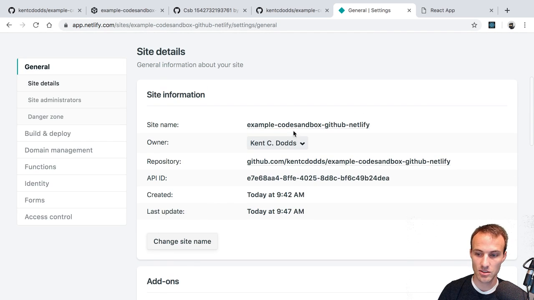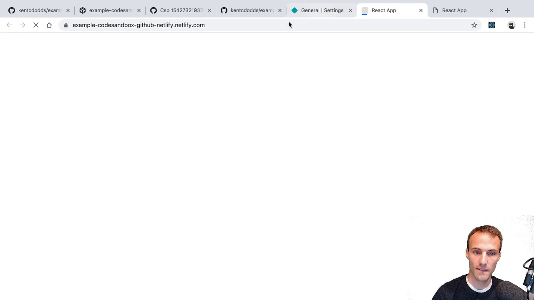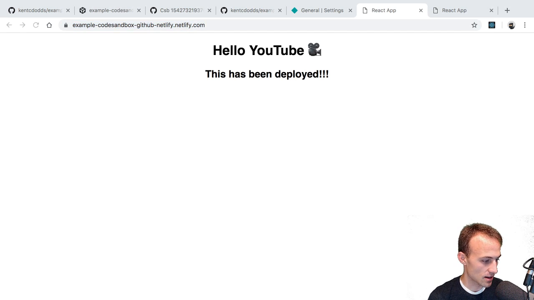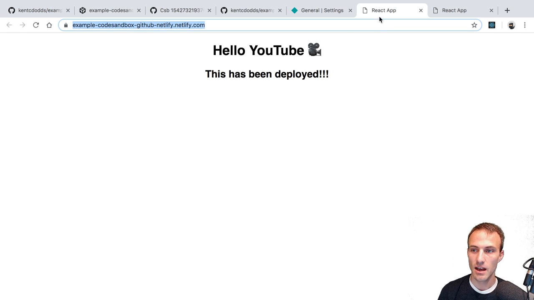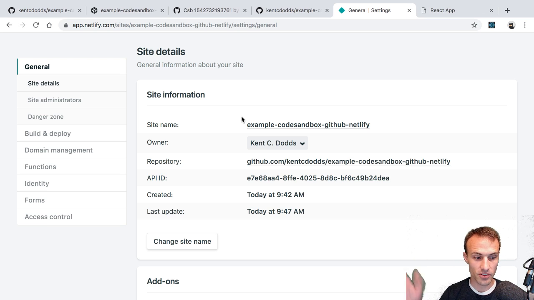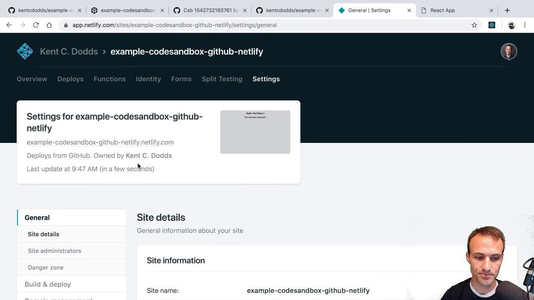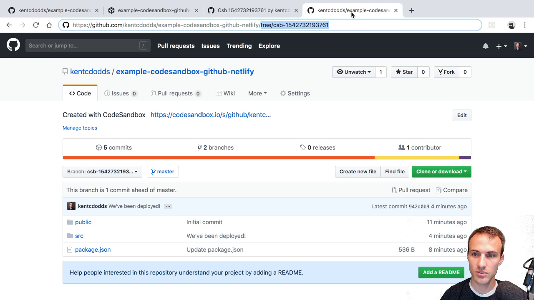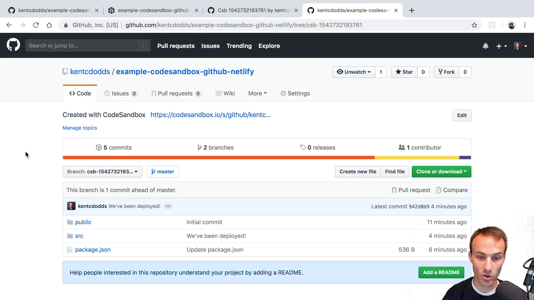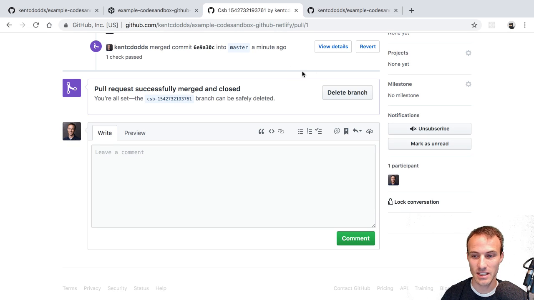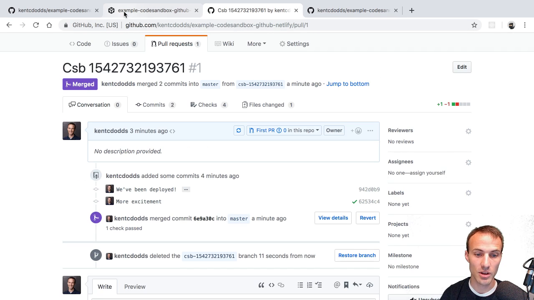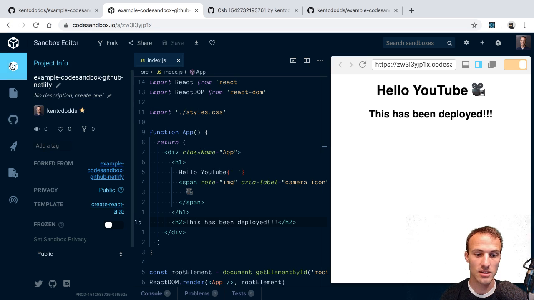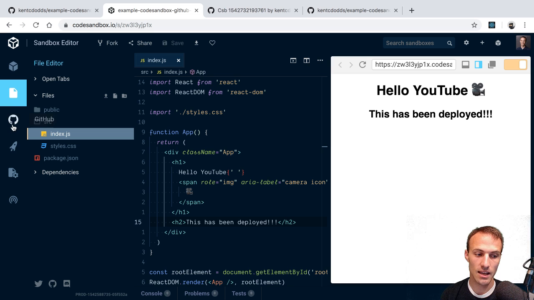Yep, and as long as nobody's taken that site name already, then I get that one. And now we can go here, and I'll paste that in here. Sweet. So Netlify has a whole bunch of other really cool things that I like, and I use this thing all of the time. Getting those preview deploys on pull requests is just the most legit thing ever. Being able to integrate directly with CodeSandbox and make commits and all of that stuff, that is wildly